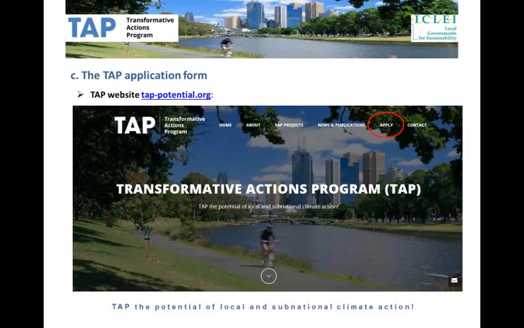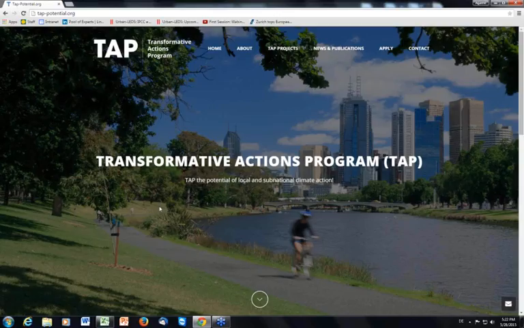I'm now sharing my screen with you, so you should be able to see it. Should anybody have an issue, please do write it in the chat box. So as Annabelle was explaining, the application process for the Transformative Actions program will be available for applicants both online and offline. However, at the moment, the online application process is not yet established. So the only option, and the one I will be describing today, is the offline